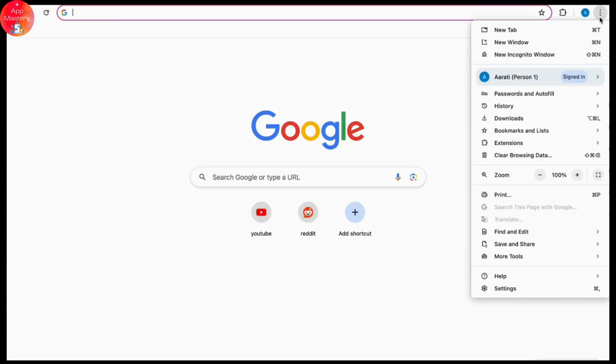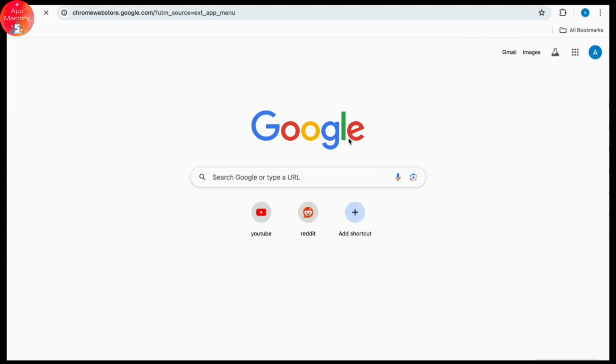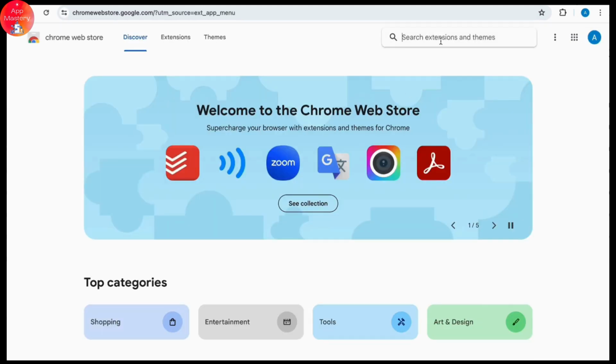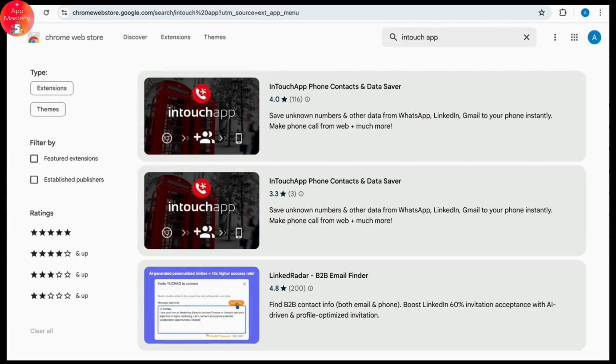After you tap on the new tab, all you have to do is tap on the three dots available in your Google, tap on Extensions and go to the Google Web Store. Tap on the Google Web Store, and here you'll have to tap on the search bar and search for the InTouch app, and you'll see the InTouch app option available at the top. Tap on it